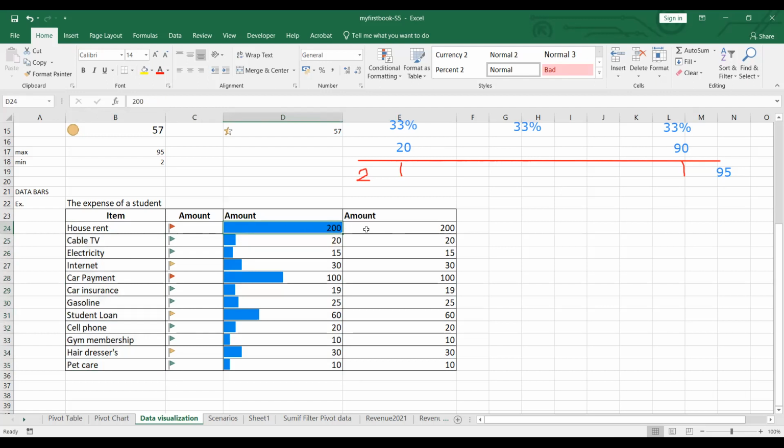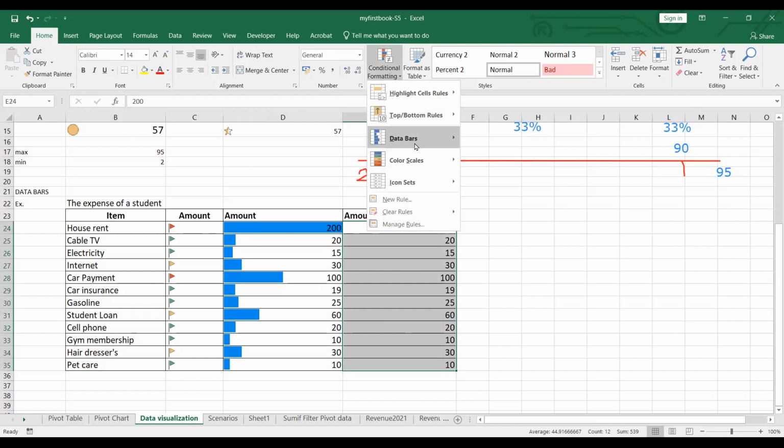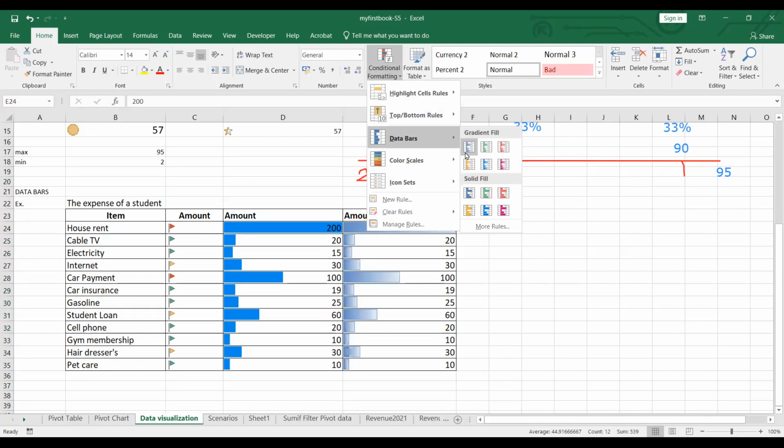After you choose the cells already, the next thing is that you go to the Home menu, Conditional Formatting, and Data Bars. For data bars there's nothing much when compared with the icon sets. You can choose just different colors or different shading only. Inside there's nothing much. So suppose you choose the data bars to display the